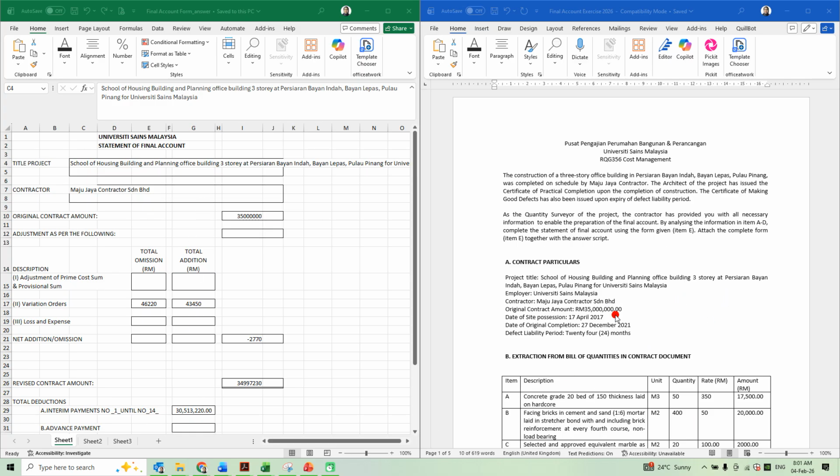Now the information that we have here is the original contract sum, so you input the original contract sum here, as well as the title, project, and contractor. You can get the details of information here, okay? Now, you see here, we need to calculate what is the revised contract amount. To attain the revised contract amount, you would need to calculate what was the variation order that had occurred. So if we look at this particular section,